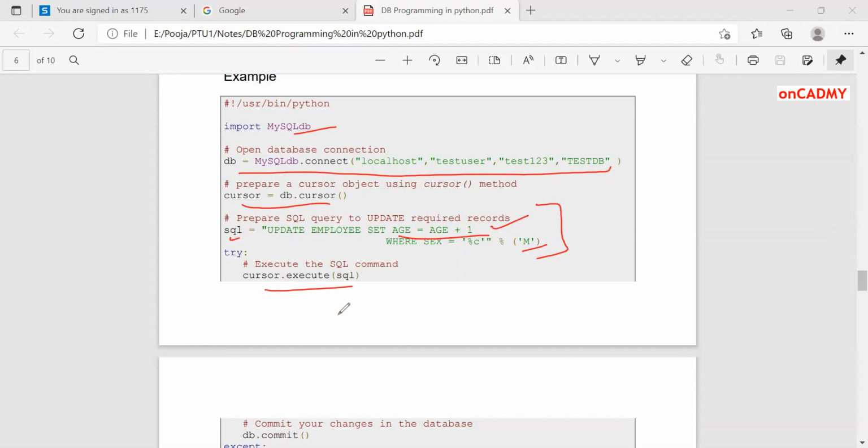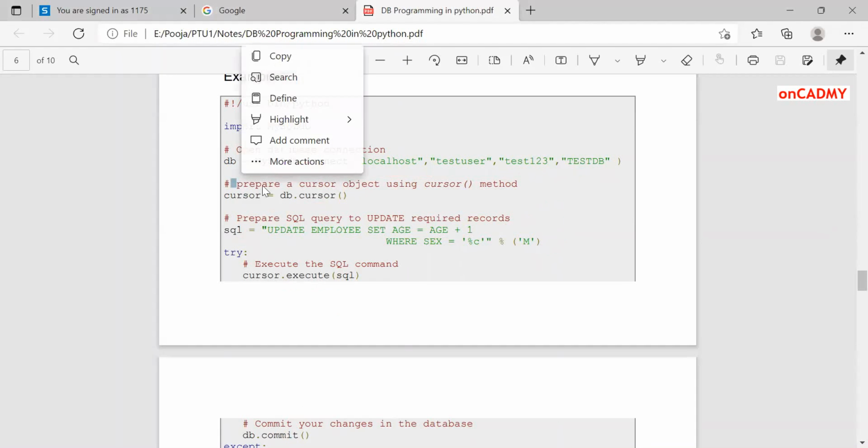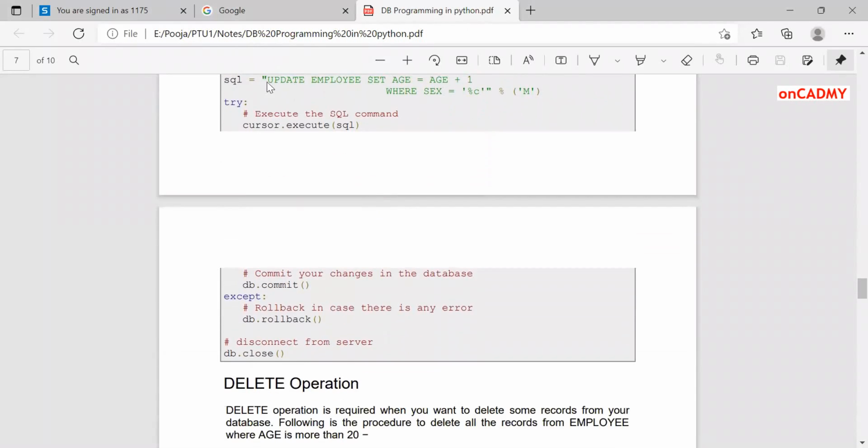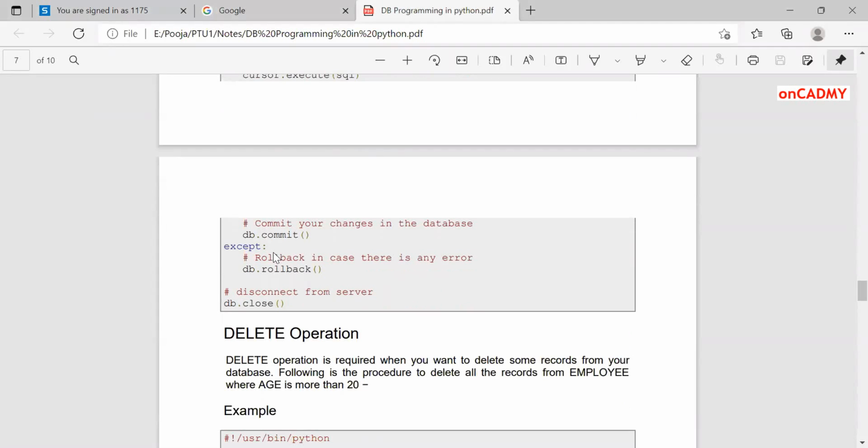And in case the SQL doesn't execute properly, then this except statement will work, where all the changes will be rolled back, and at the end we'll close the database. So this is very simple. You can go through it and you can update the records by using these statements.